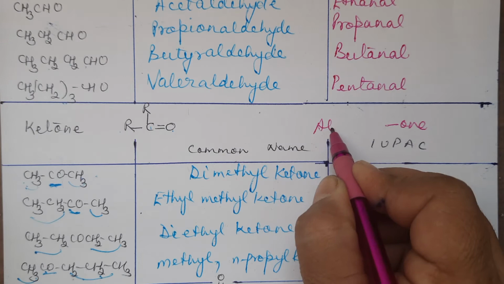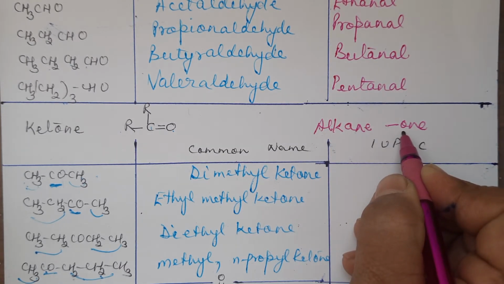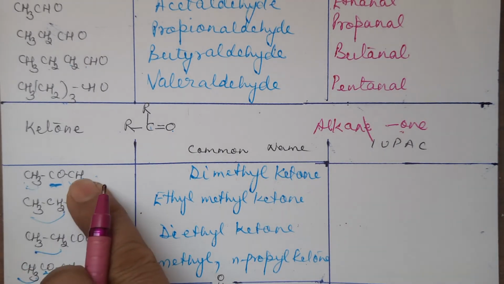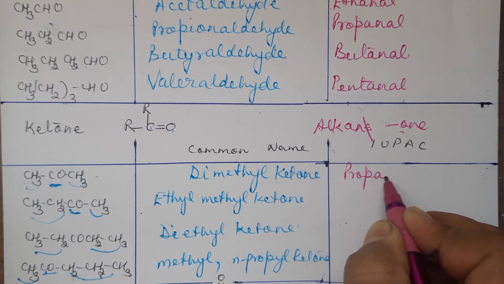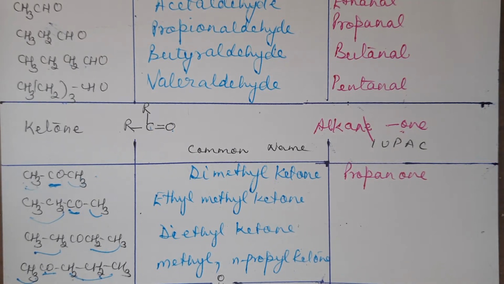Word root is alk, single bond ane, and this is also beginning with the vowel, so we are going to delete this. We will just write alk and -one. So, quickly we can write down the name. 3 carbon atom, prop, single bond ane, -one. Here we needn't specify the position because from either side it is getting second position. In case from either side it is not getting same, then we need to give the position mandatory.